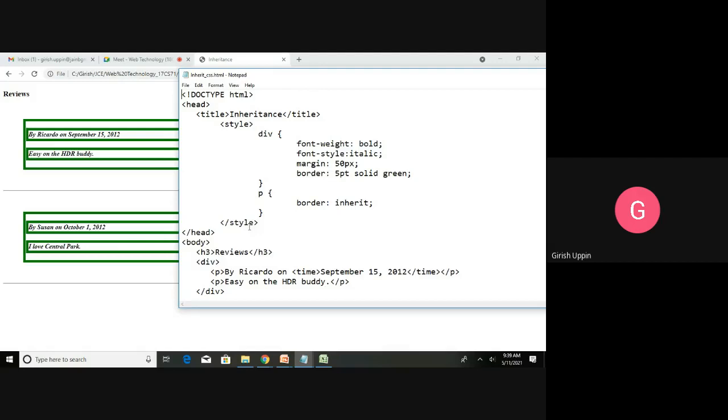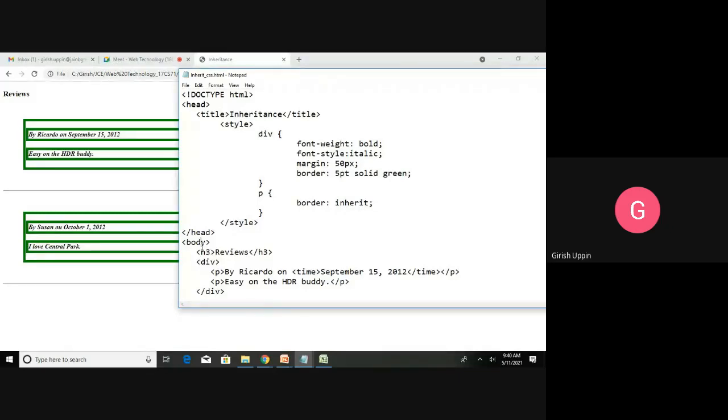Inside here I have div, and div has font-weight as bold, font-style as italic, margin 50 pixel, and border 5pt solid line in green color. That is the border color. And for paragraph I have border inherit.